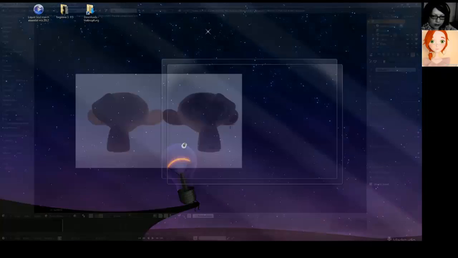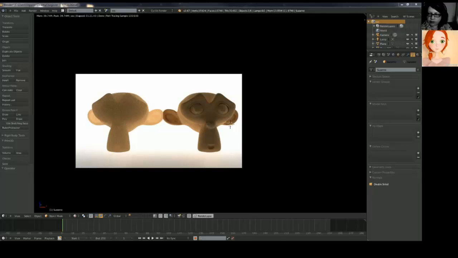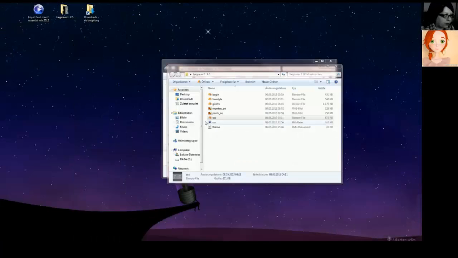Sorry guys, the rendering was a bit too much for my computer. I'm back, sorry. I've rendered this image, it was too much for my computer.